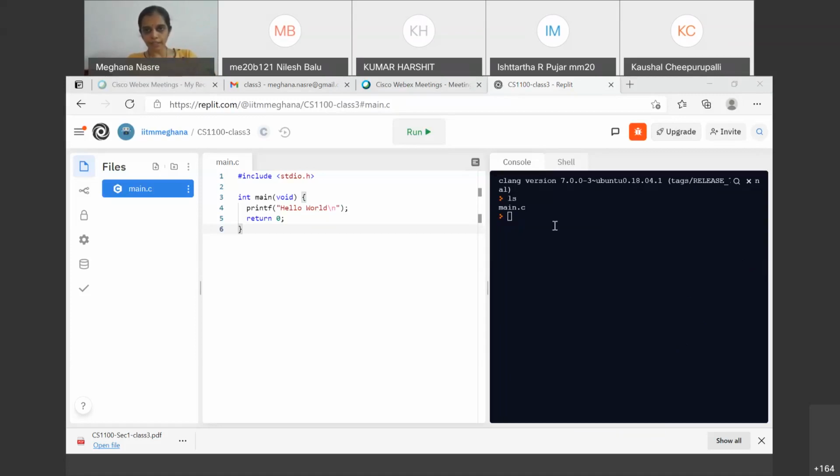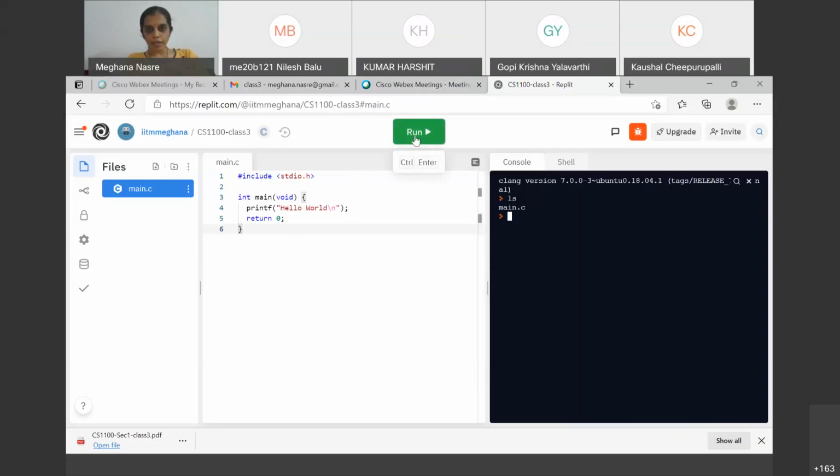I'll not interrupt myself in this class for the few minutes now. So the first command that is there is ls. You don't have to worry and remember anything, but this command is ls, which is listing out what is there in the current directory. There is only this main.c, which is this file, and this C program is going to print out hello world.